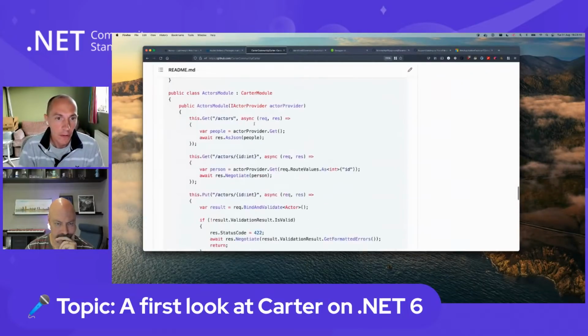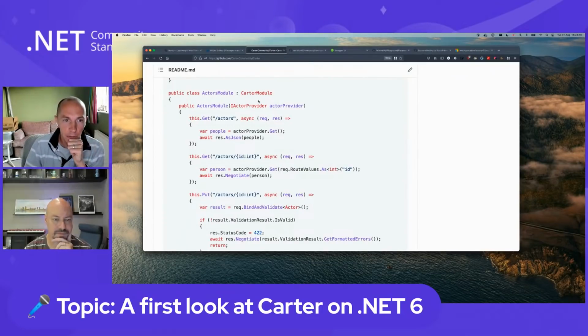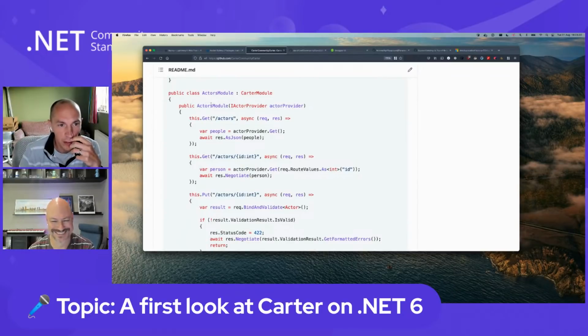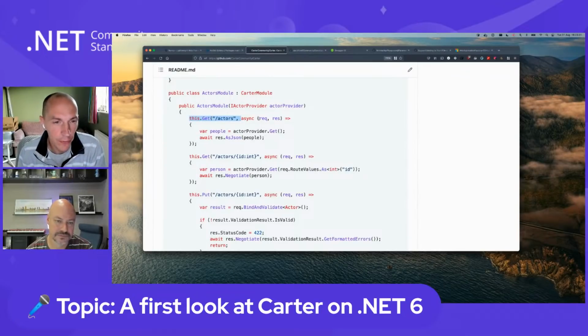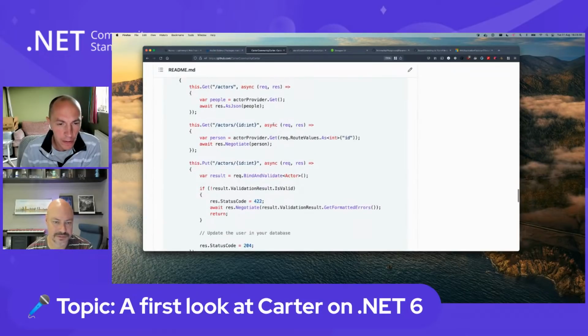Nancy did, in that instead of a Nancy module, you had a Carter module. And typically in your class, you had dependency injection, and you had your routes, and you could have two types of delegate syntax. You could have this request and response type thing, or you could just have an HTTP context.